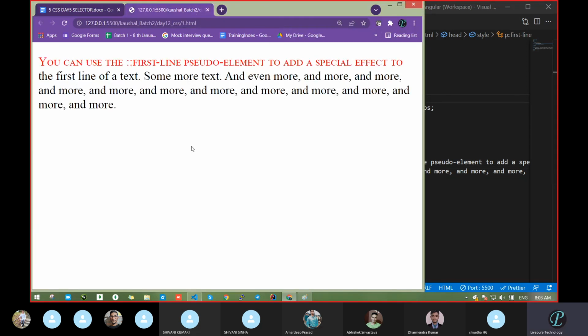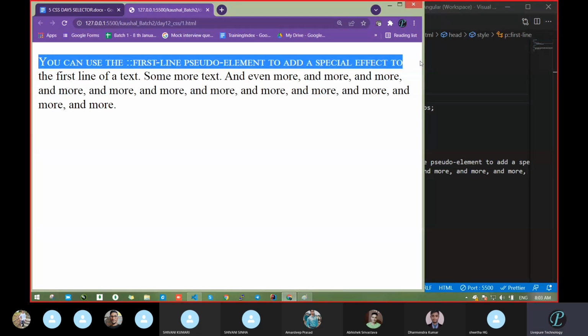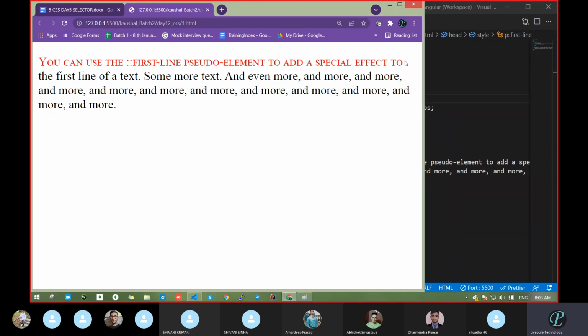So what are you getting here? Whatever first line is written is in red color and capital letters. Clear? Up to where are you getting the capital letters? What is the last word? The last word is two.